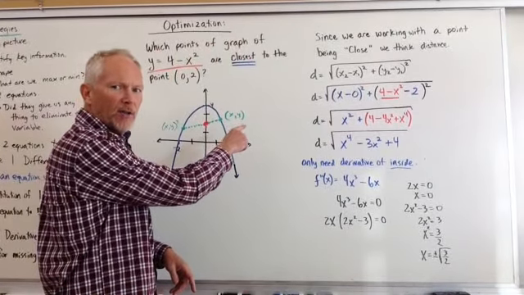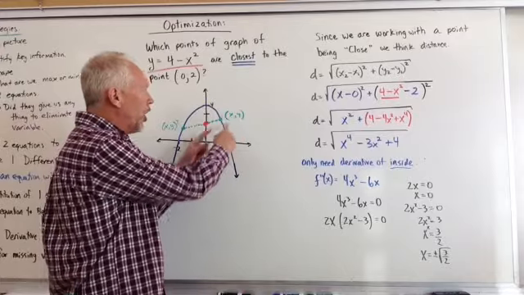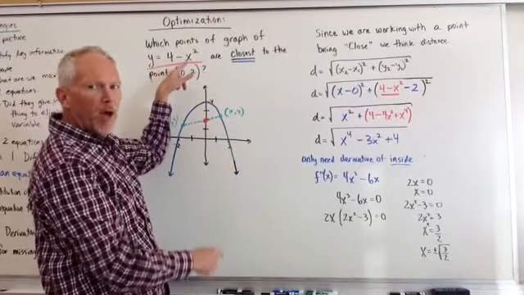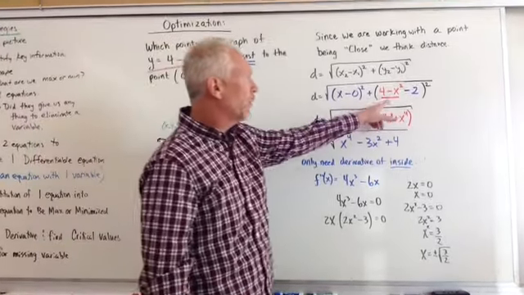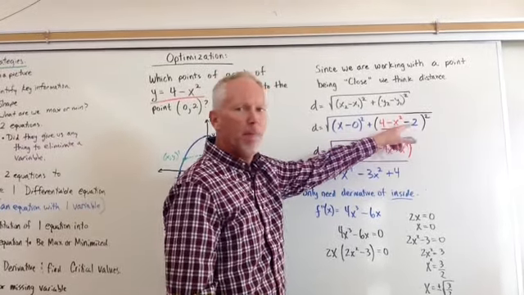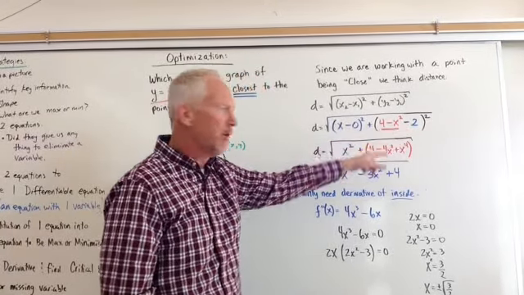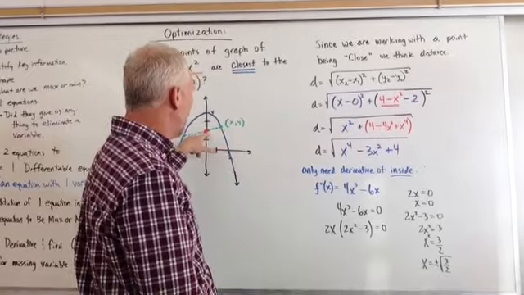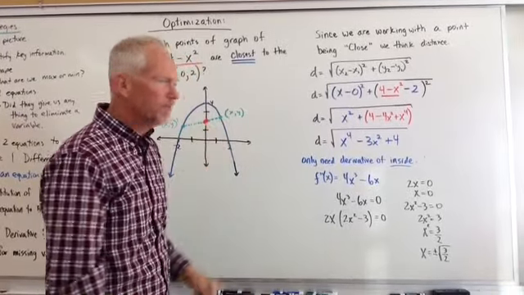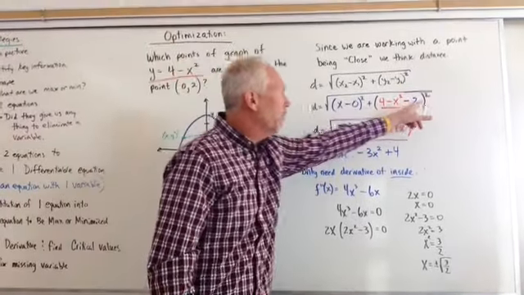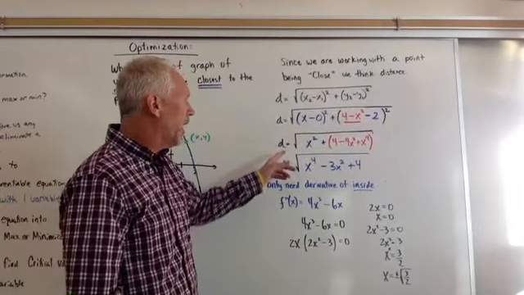But we don't know what that y2 is, so what we're going to do is just call it the function, 4 minus x squared. So we get 4 minus x squared minus 2, because that we do know is the second y. It's over here, the y value of 2 right there. But that ends up getting squared. Now, don't forget,